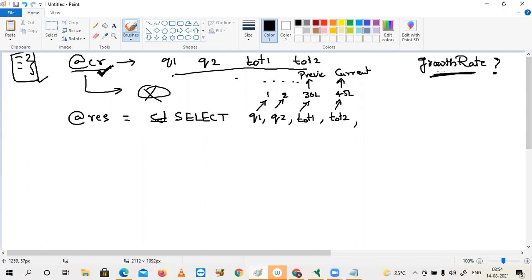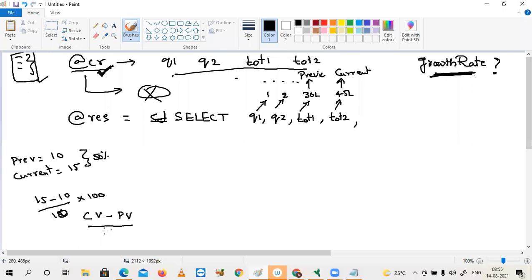Our purpose is to find out the growth rate. For example, my previous value is 10 and current value is 15. What is the growth rate? 15 minus 10 divided by 10, into 100, that means 50%. The formula is: current value minus previous value, divided by previous value, into 100.